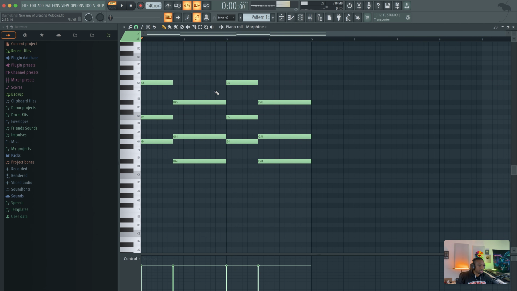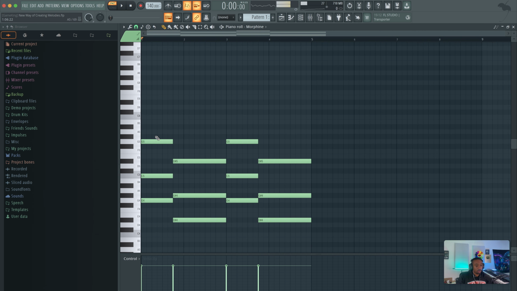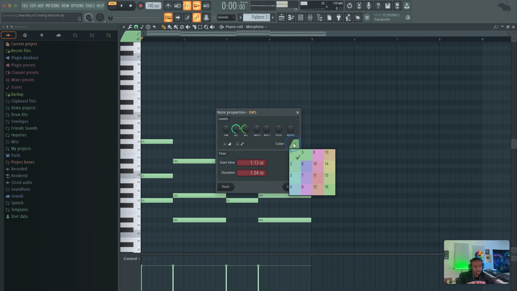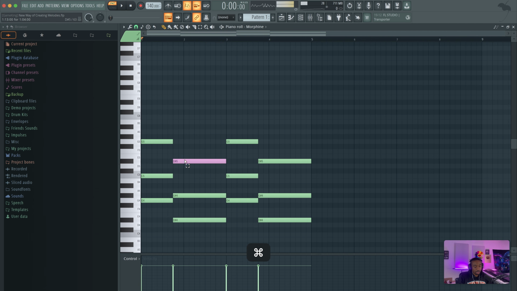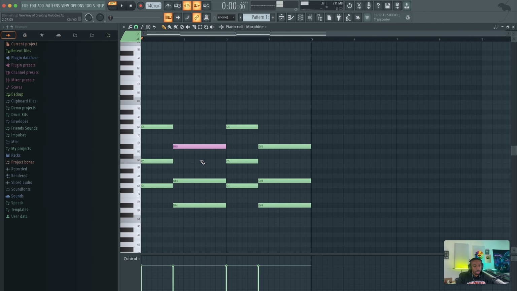But now let's level this up a little bit. So firstly, we're gonna go to the chord down here, and let's figure out which note we want to slide. So let's say we want to slide this note. Let's double click. Let's change the MIDI channel to something different, like 9 in this case. So this is treated like a whole different, I'll say, instrument. So now we can slide just this note down to a different note. The target note, I usually pull down 7 semitones.